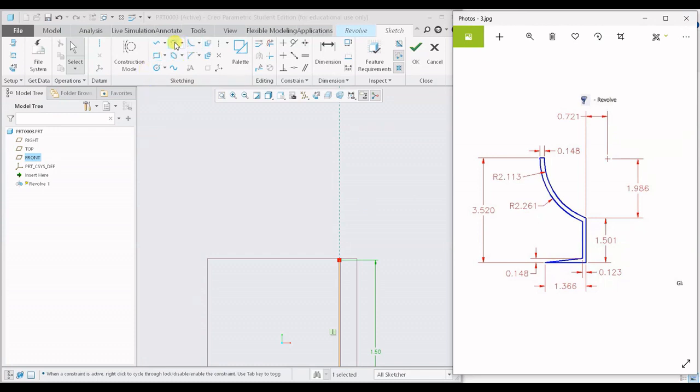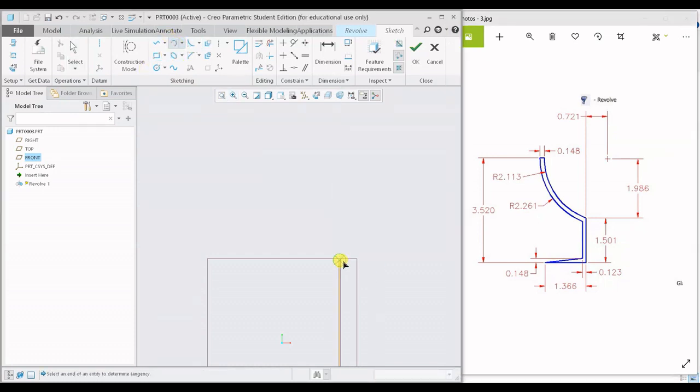So I have to go to arc, and here I will be using the 3-point arc. Let me see whether we can create with this, and let me create one randomly. You can see the center of the arc moving when I am moving the basic arc over here. So let me place it randomly at any location, and first let me change the radius of it. It has to be 2.113,